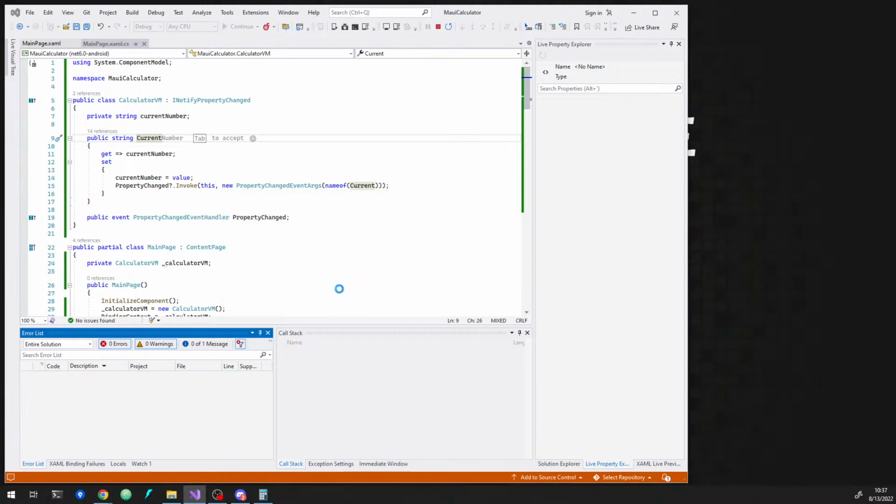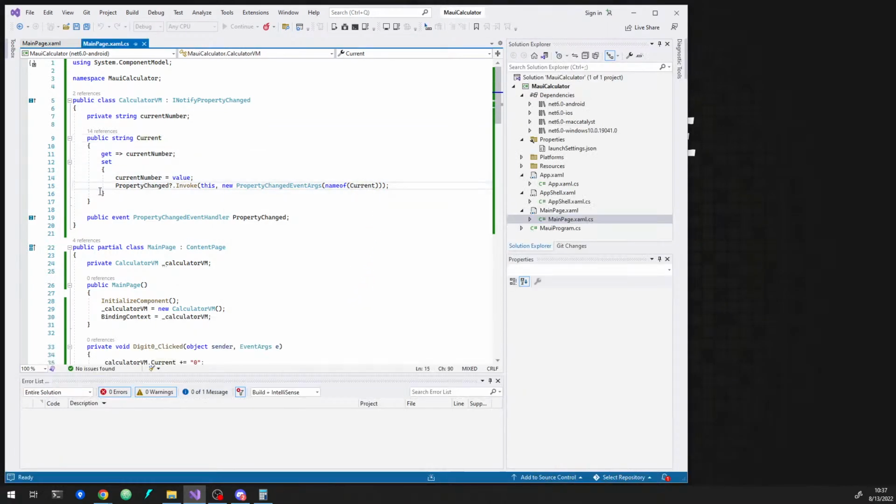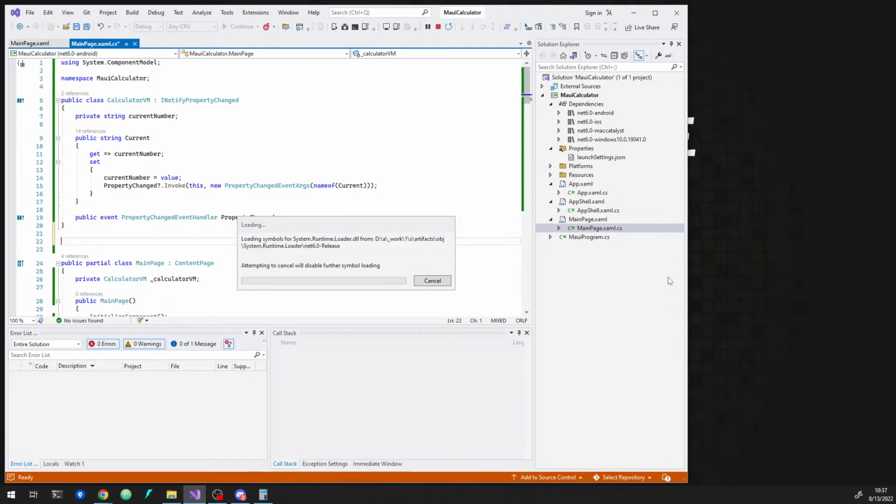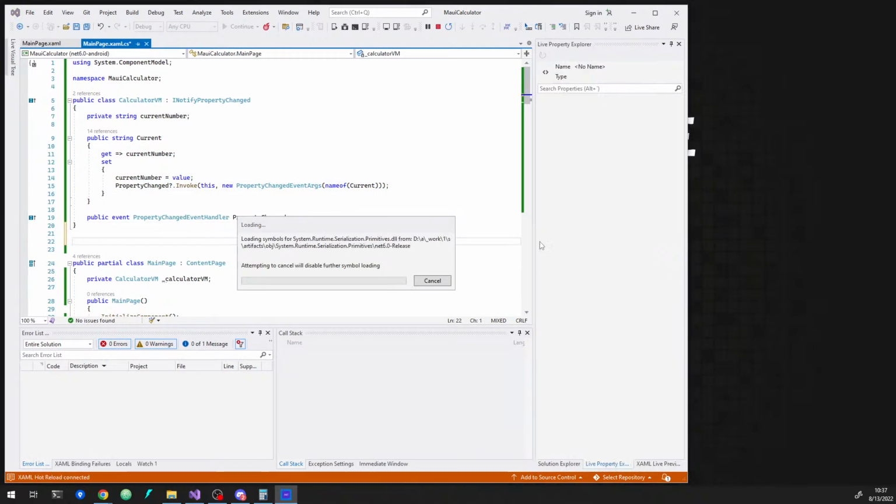I actually think I'm okay with that. We'll see what it does. That might be a lot, but anyway, this nameof operator ensures that this is a referenced code element, and it isn't just an arbitrary string, so it's a lot easier to maintain. You're a lot less likely to end up with something broken. But another thing that I'll do most of the time, and I wondered if MAUI just had something like this out of the box, I just didn't see it, but we could do something like this: public